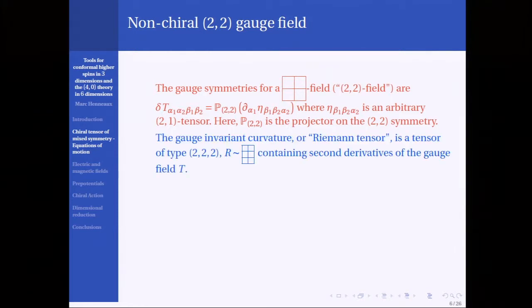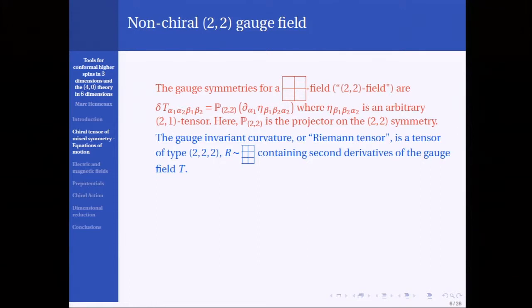This mixed symmetry massless field was first studied some time ago by Curtright, who told how to write equations of motion and gauge invariant curvatures in particular. I will use the language of Riemannian geometry because it's very similar in construction, although it will really be linearized, I should say, because we only know the theory in closed form in the free case. Linearized gravity, really. But I will not say all the time that it's linearized, it's always implicit.